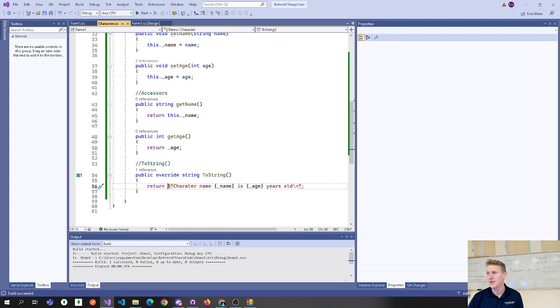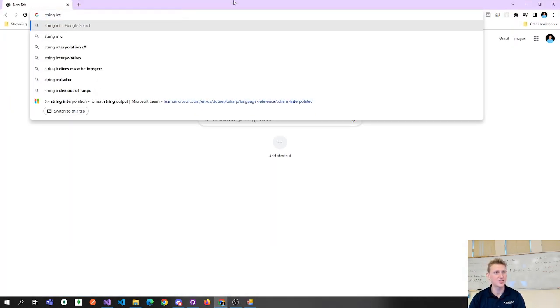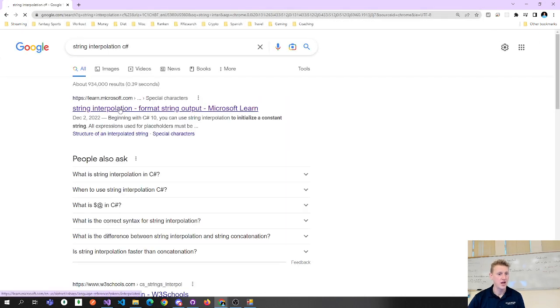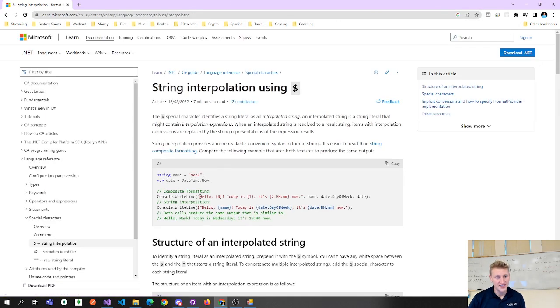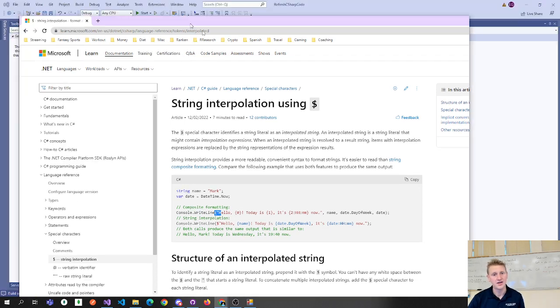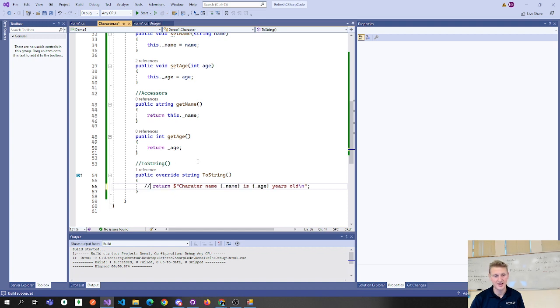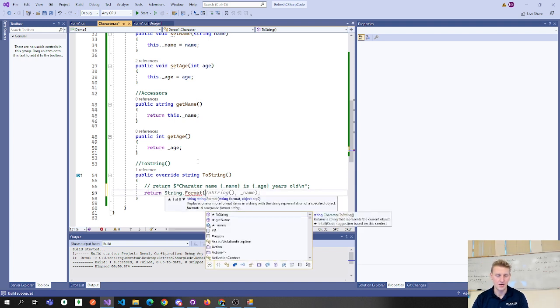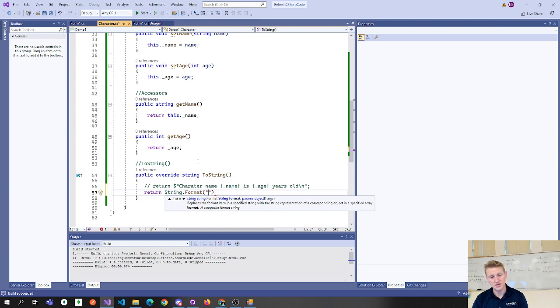Going back to that though, remember again, so I did string interpolation, fun word. And there's this other syntax where you don't put the $ sign up front, and I'll demonstrate that. Okay, so you can do this with the $ sign up front, but if we were to say return some quotes, to get this to work, you gotta do string.format quotes,